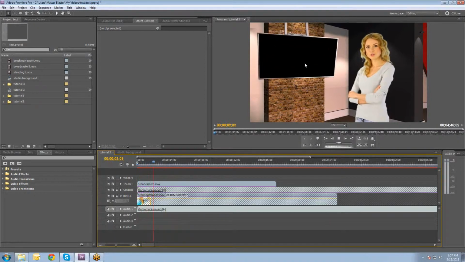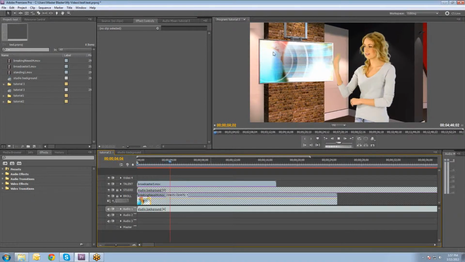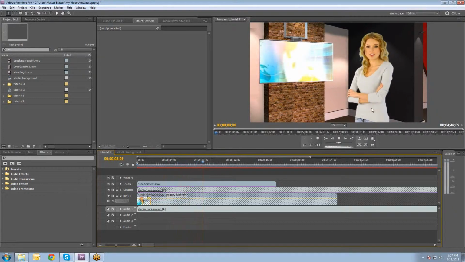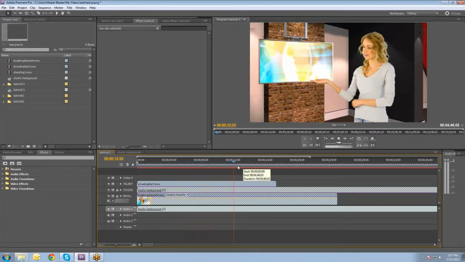We've got an animated studio or animated monitor coming down, showing a little B-roll clip. We've got our main talent lady here, and I'll also show you within this one clip there's actually a bunch of different variations as far as where the monitor animates down to, and then I'll show you how you extend out that scene so that you can use it for longer than 15 or 20 seconds. So let me first start off by